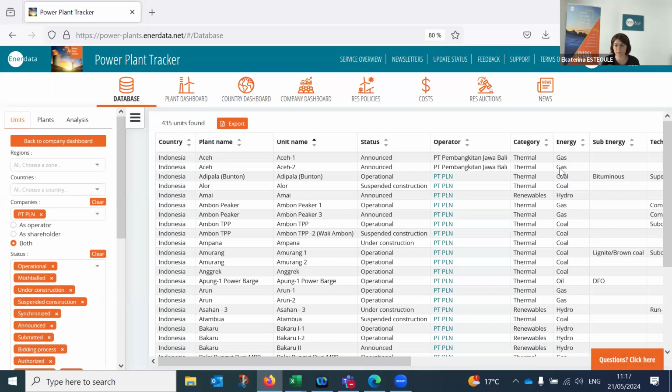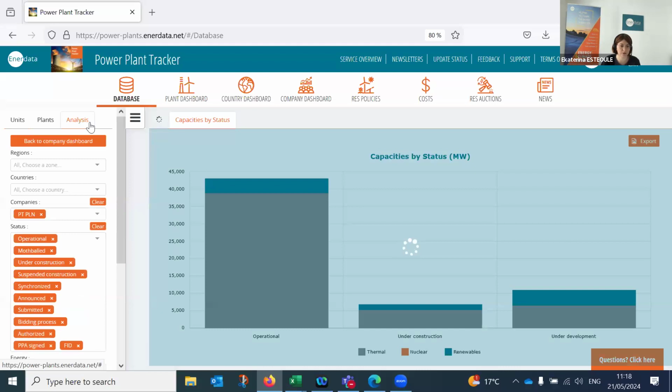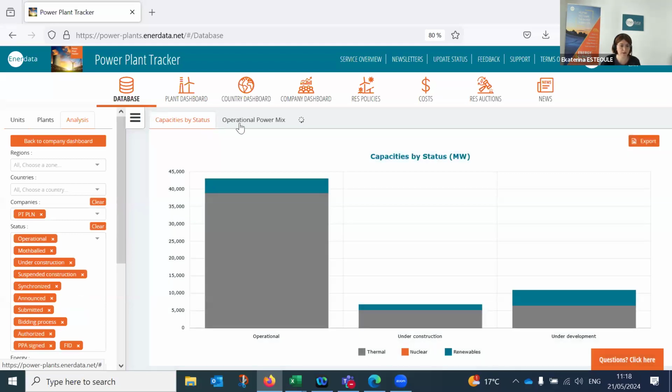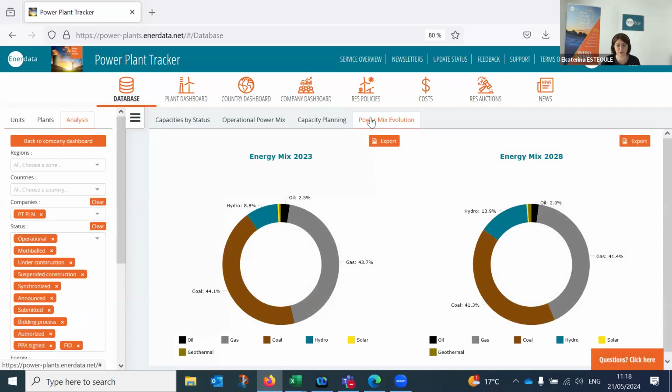So here you can easily visualize all the assets run by PT PLN. You can export it. You can make analysis, if need be, the same as shown previously on a country level. Yeah, on capacity by status, how many operational, how many in construction, development, capacity planning, and power mix evolution, if any, of course.